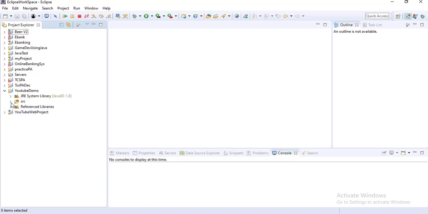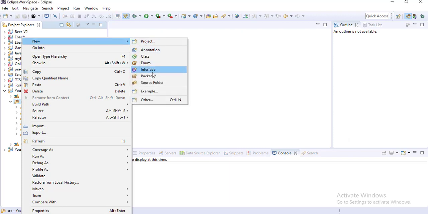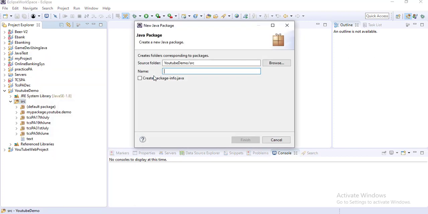Inside src there are several packages, so I am creating one package for 14th August. I am creating one package and giving the name as TCS PA 14th August.